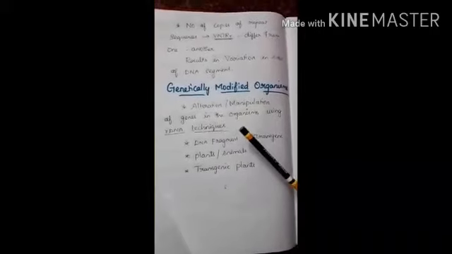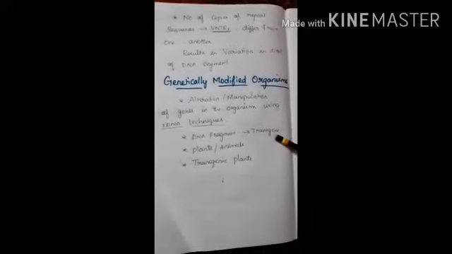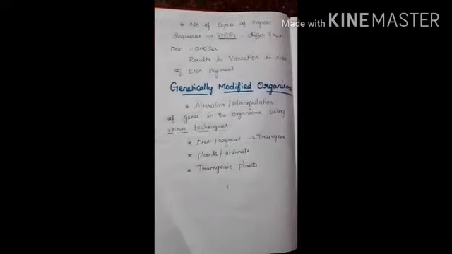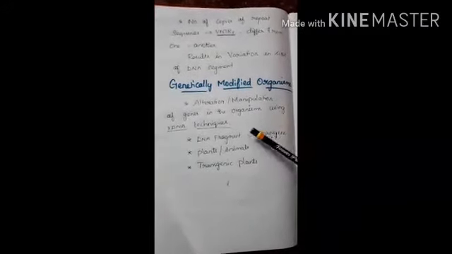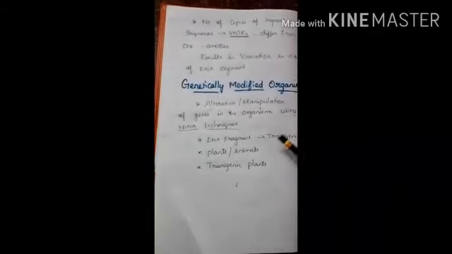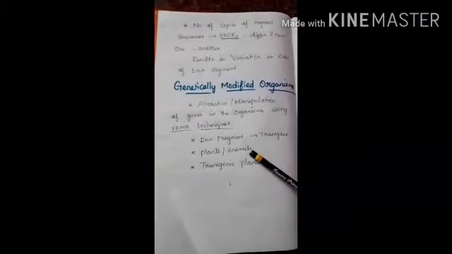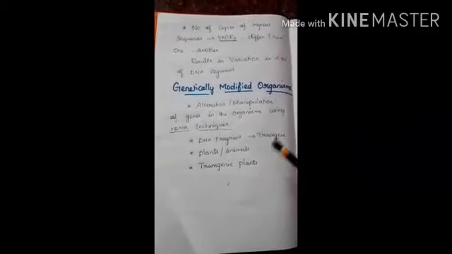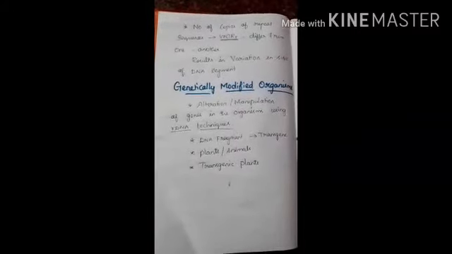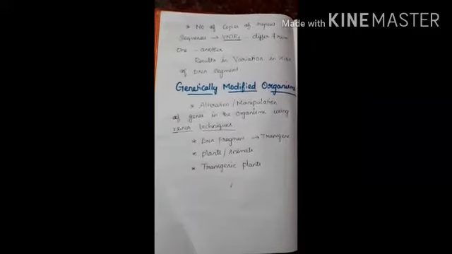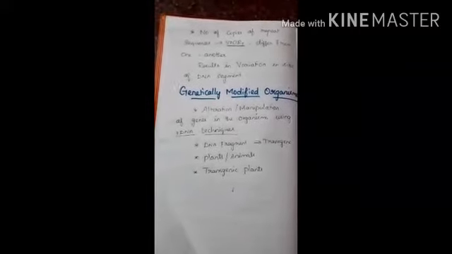Then the DNA fragment that is inserted is called a transgene. The plants or animals that express the modified endogenous gene or a foreign gene are called transgenic animals or transgenic plants. The transgenic plants are much more stable in nutritional quality, resistant to diseases and tolerant to various environmental conditions. So this is the most beneficial effect of transgenic plants.